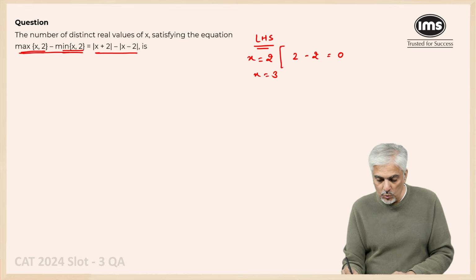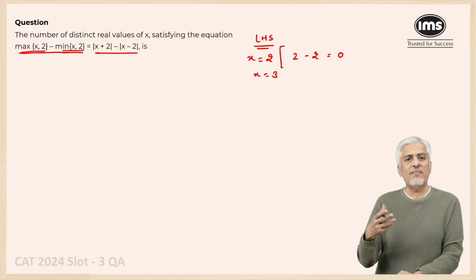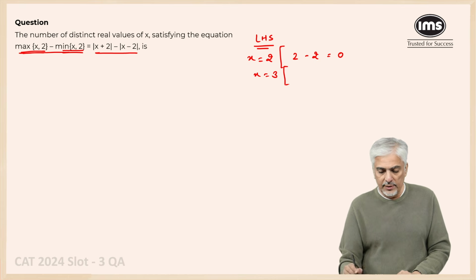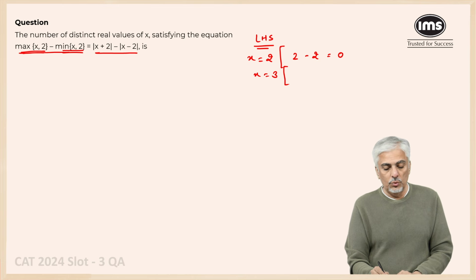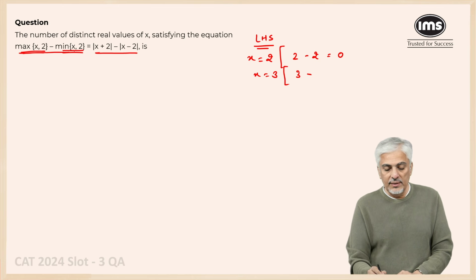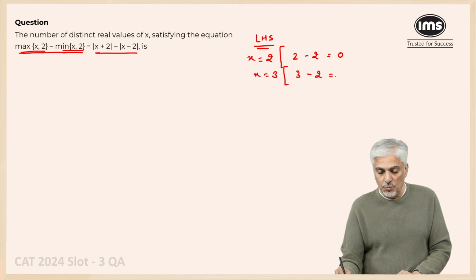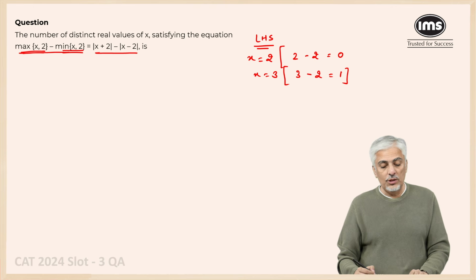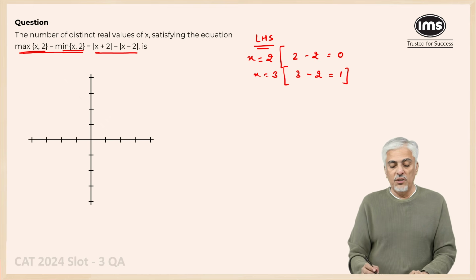Let's take x as 3. I know 2.5 and others can also be done logically, but I just want to understand the graph. What happens at 3? So now 3 comma 2. 3 minus 3 is 0, and mod of 3 minus 2 will be 1. So it is 1, right? Now, in the same way, if you plot a lot of values, you will understand that the graph for this part will